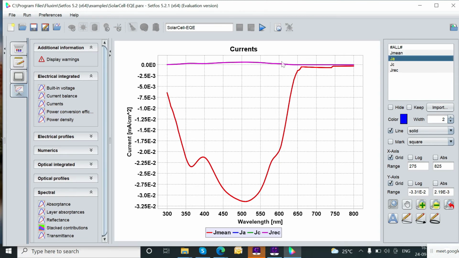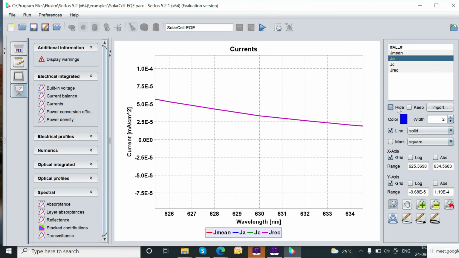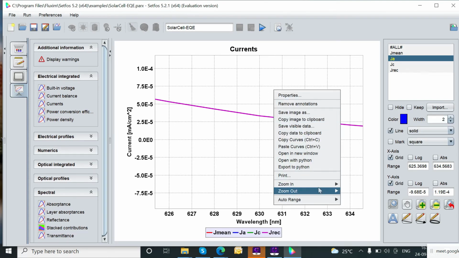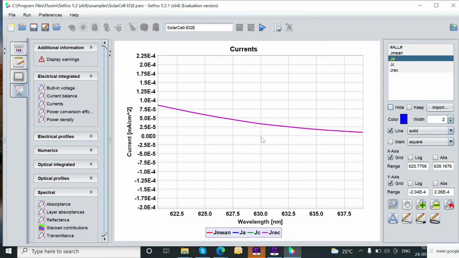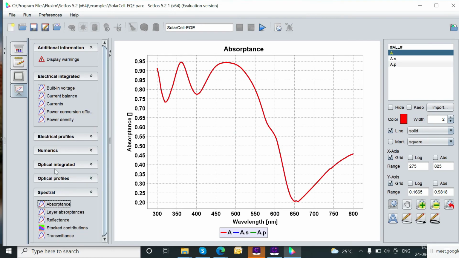We are sweeping the wavelength from 300 to 800 nanometers with a 2 nanometer step size. So let me activate and run the calculations for quantum efficiency analysis. I will also demonstrate the LED devices after this.